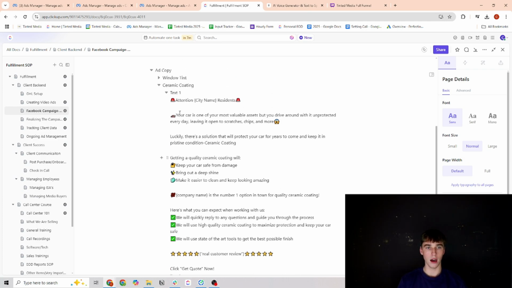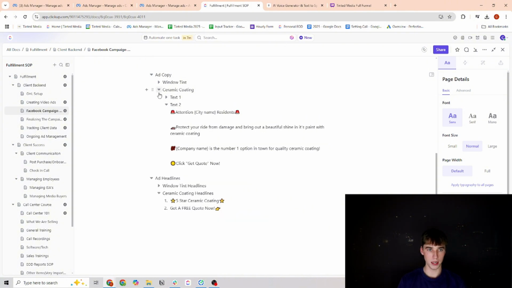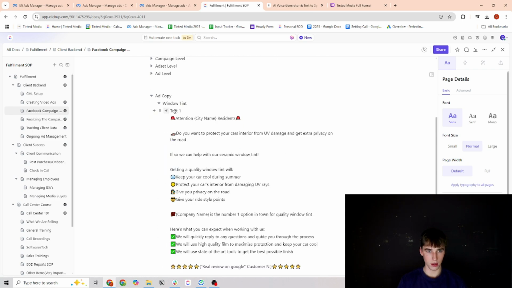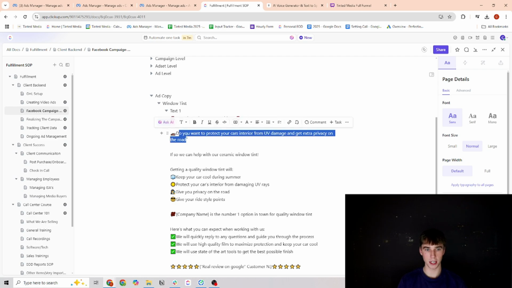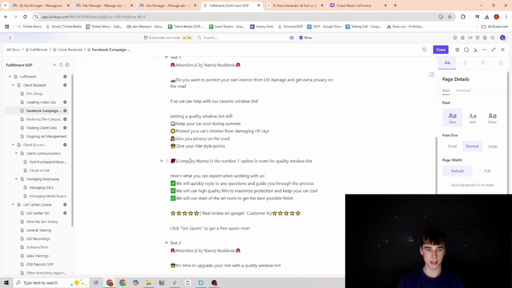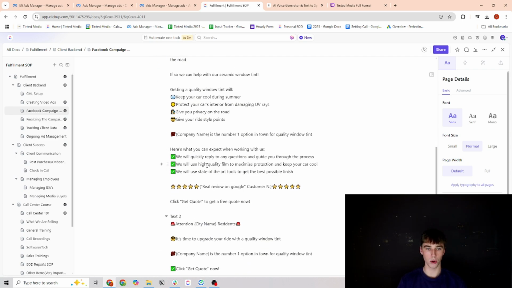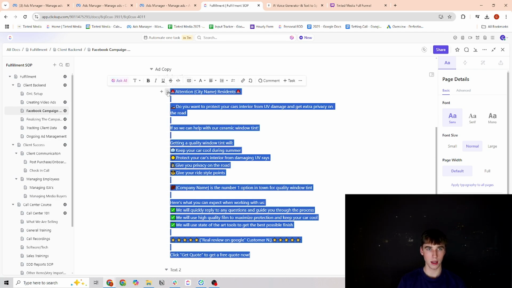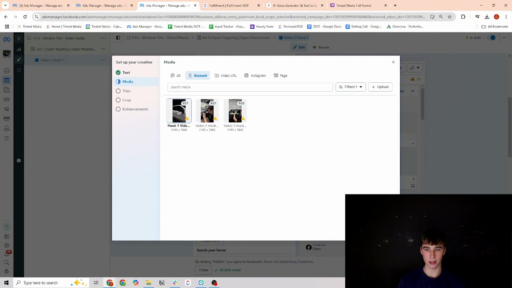I just realized this is actually a window tint that we need, so let me drop this down. And let's go to window tint. All right, there we go. Same idea. Do you want to protect your car? We can help. Benefits, social proof, what's the process of working with us, customer review, more social proof, and then your call to action. Now the video should be done uploading, so we're going to select on that, click on next,